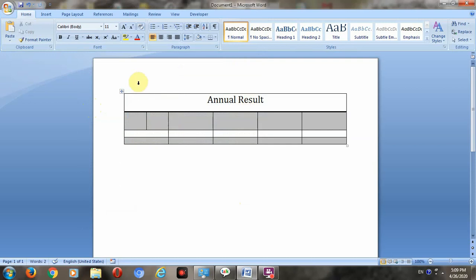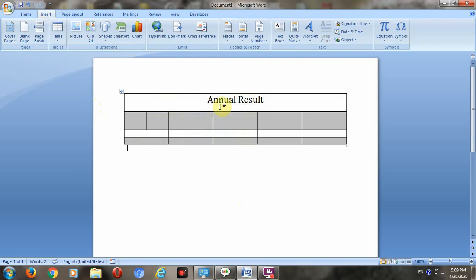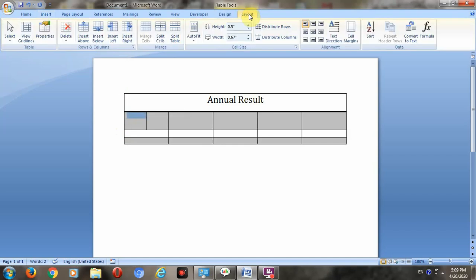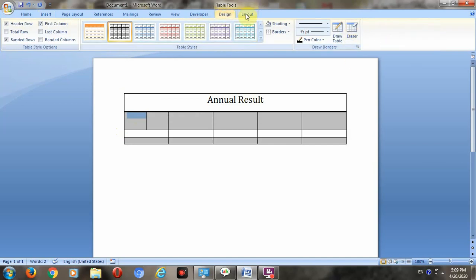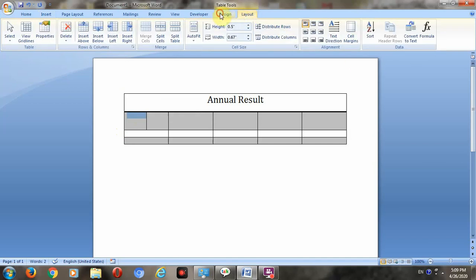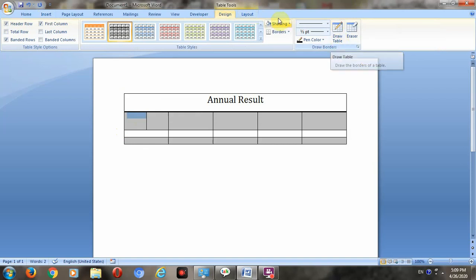Another option is there. For some reason you want this type of arrow, I mean a diagonal line. For this you have to select the cell, go to the Layout option, and then go to Draw Table. In the Design option you go to Draw Table.